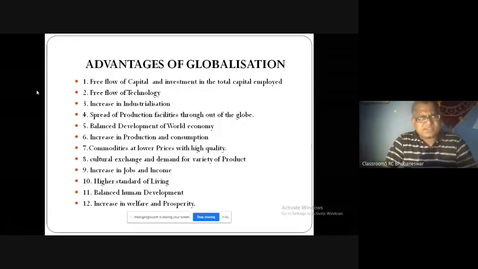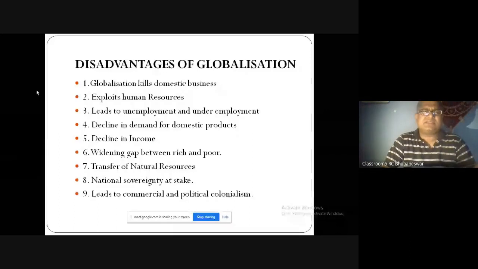My dear students, if you see the negative side, or the disadvantages or limitations of globalization, one negative is that it kills domestic business. Yes, it kills. How? In India the majority of sectoral development arises through the MSME sector, micro, small and medium scale enterprises. But globalization kills our heritage of domestic production of goods and services. It somehow deepens the decline of our business also, and it exploits the